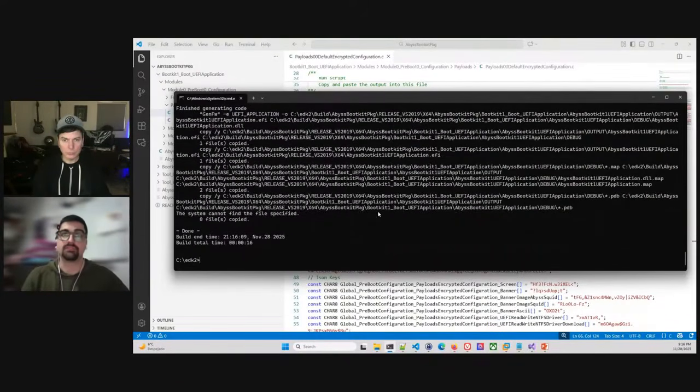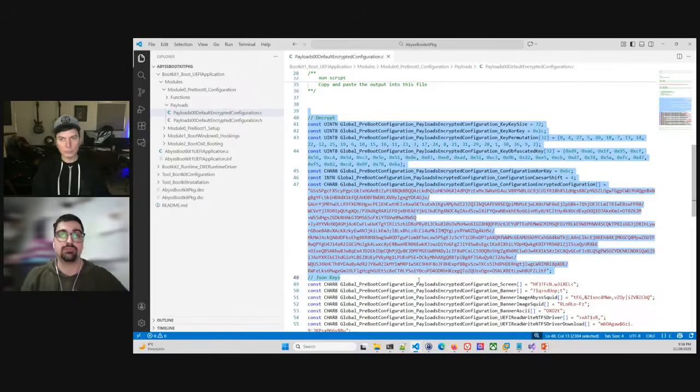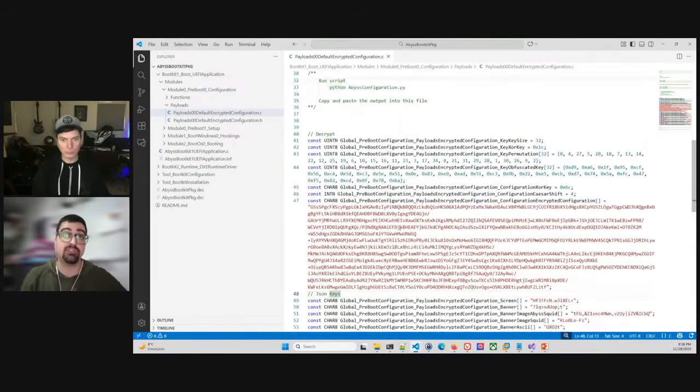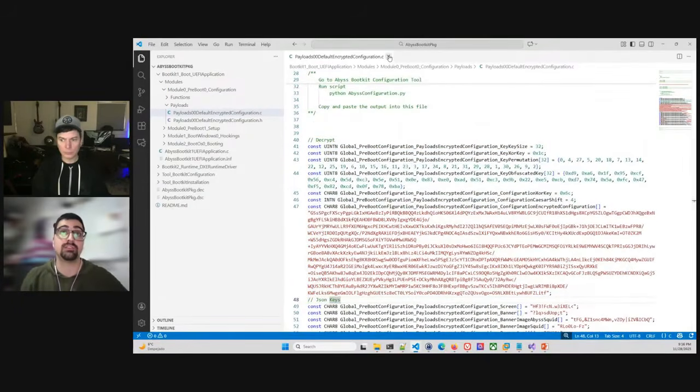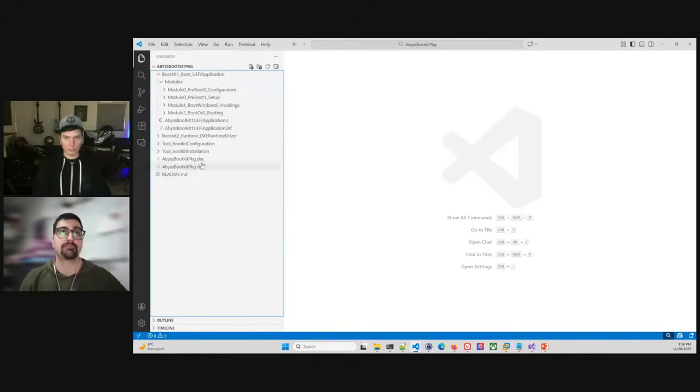But if the compiler doesn't detect any modifications, you're going to have the previous version that you compiled. So this is one of the key parts for you to know: you need to modify the configuration in order to modify